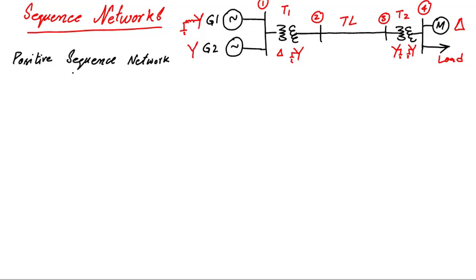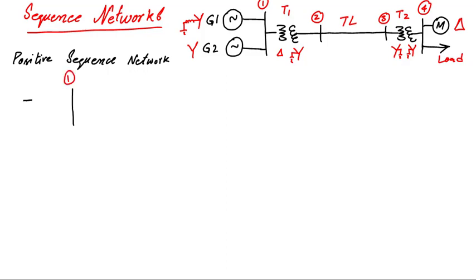In the positive sequence network, we will replace all the components in the one line diagram with their positive sequence circuits. The resultant network will be the positive sequence network. That circuit is also known as the impedance diagram or the reactance diagram of the network. When we were talking about balanced analysis like load flow analysis or simple nodal equations, we used an impedance model of the network. That impedance model was actually the positive sequence model because there were no other sequences involved. That's why we haven't used any sequence name with those models and we just called it the impedance model, but that was actually the positive sequence impedance model.